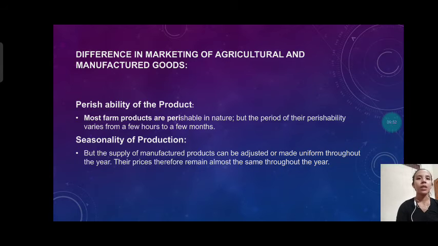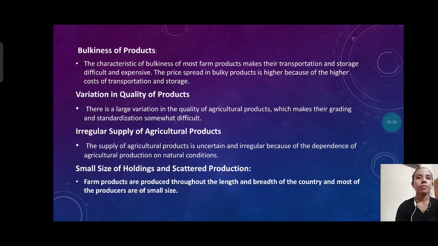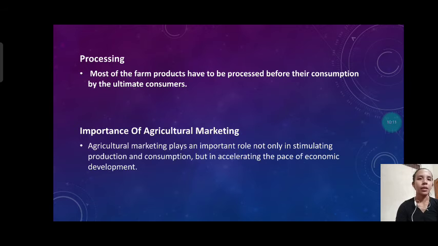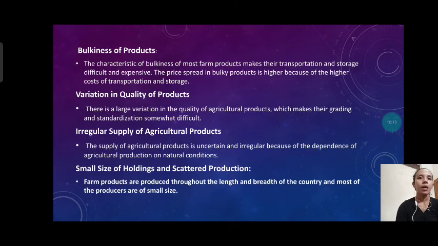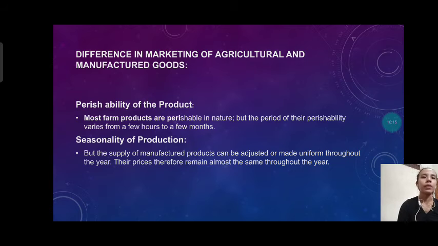the perishability of the product, the seasonality of production, bulkiness of products, variation in quality of products, irregular supply of agricultural products, small size of holding and scattered production, processing. Those are the differences between the manufactured sector and the marketing of agriculture. First,